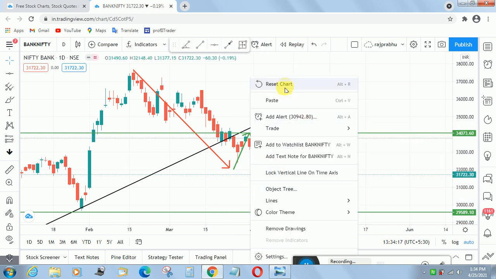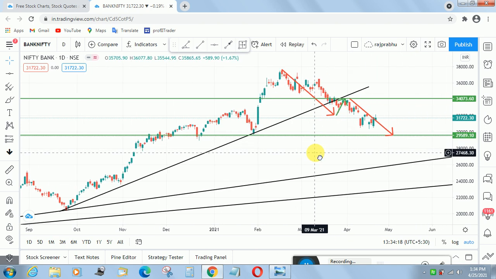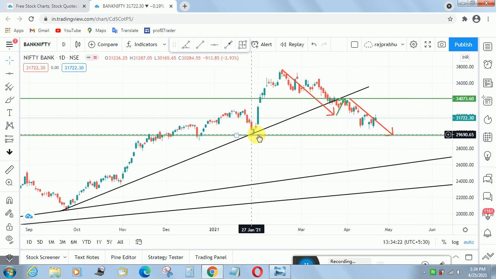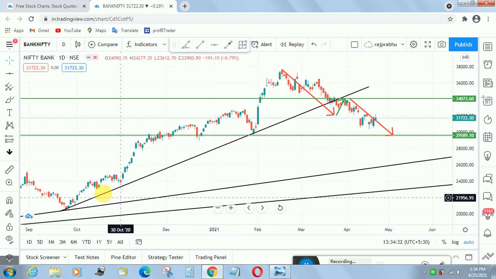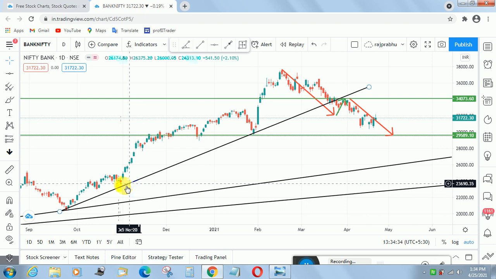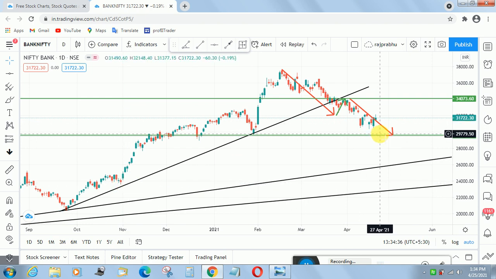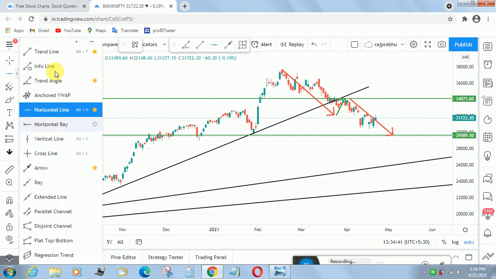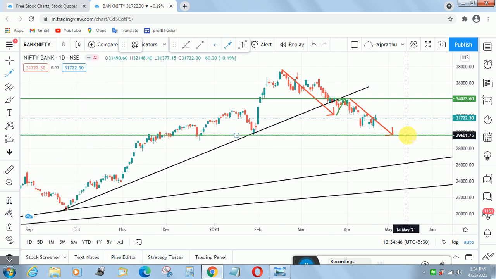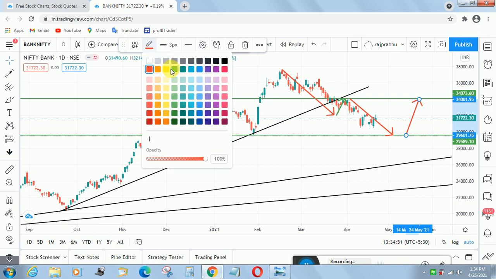I prefer the safest target, which is the recent support area. See here, the price will start moving up, and then this is the first support and this is the second support, this level, because this is the second time, but the price has higher chances to reverse from this level. Many possibilities are there, so we can book a safe target, don't expect too much profit.